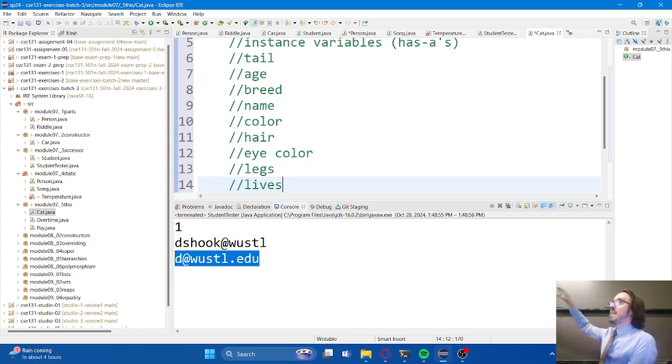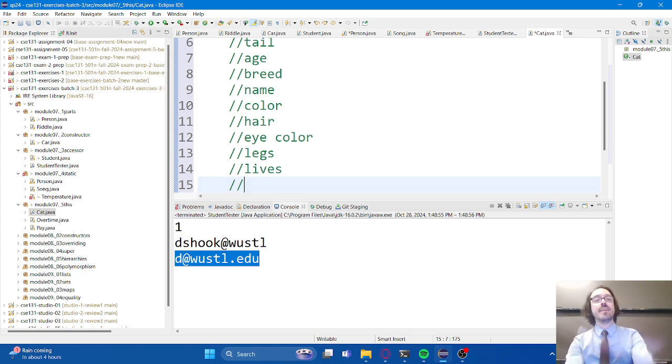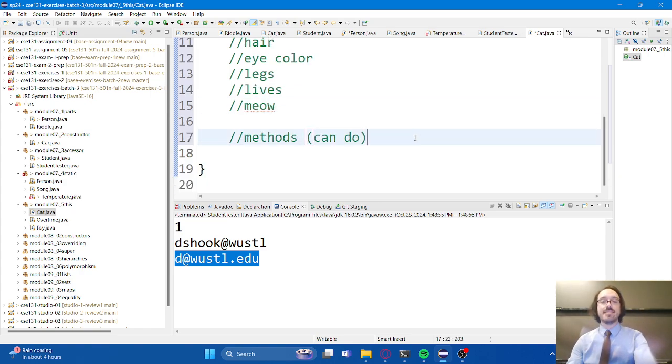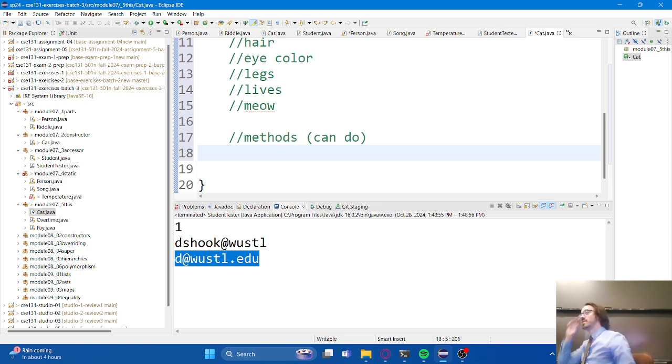This is not meant to be a comprehensive list. In fact, we're not going to do all of these today. We probably don't have time, but it's a good list to get us started. I'm going to add one to the list too. Cats have, let's see, I would call it a voice or a meow. They sound different, right? They don't all sound the same. Some cats have different voices than others. All right. What are some things that cats can do? What are some verbs that are associated with our fine feline friends? They can walk.